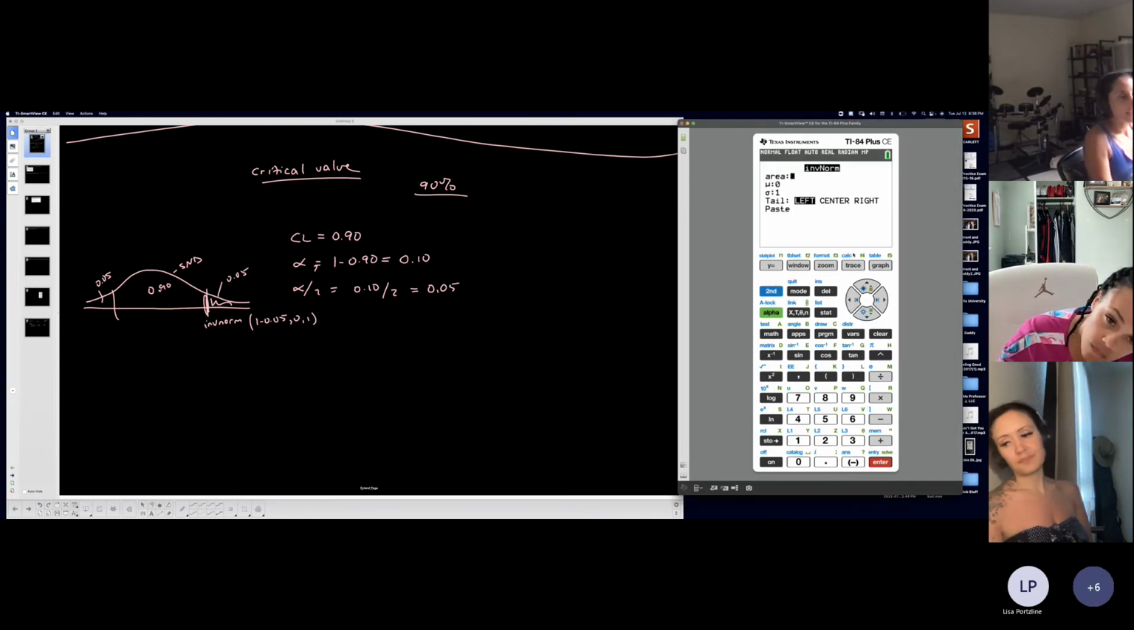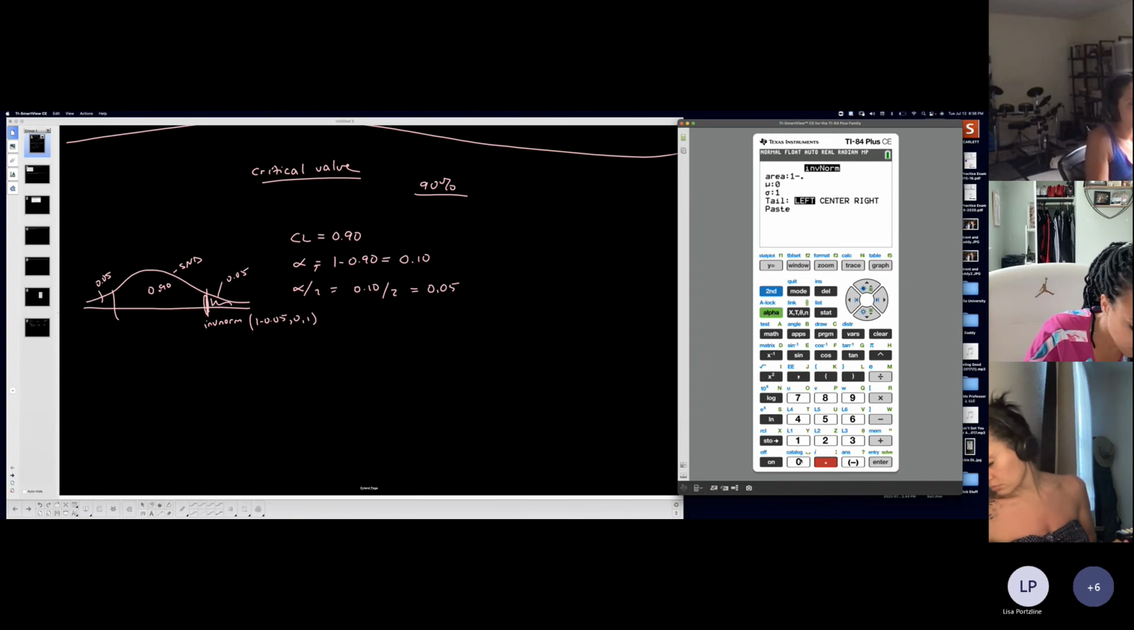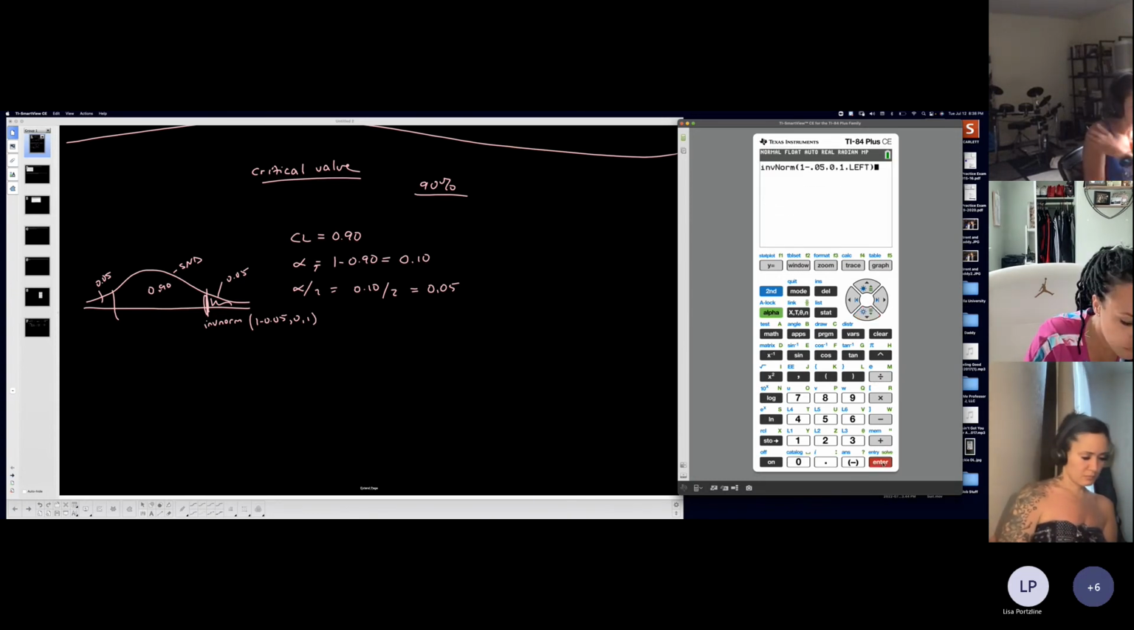Oh, it's frozen. If you're doing the app, it's automatically area to the left. You don't have this option, so you would do the 1 minus. This is me over here assuming you don't have the option of this left, center, right. And then if you're on an SND curve and you're dealing with z-scores, it's always 0 and 1 for mean and standard deviation. And then my critical value is